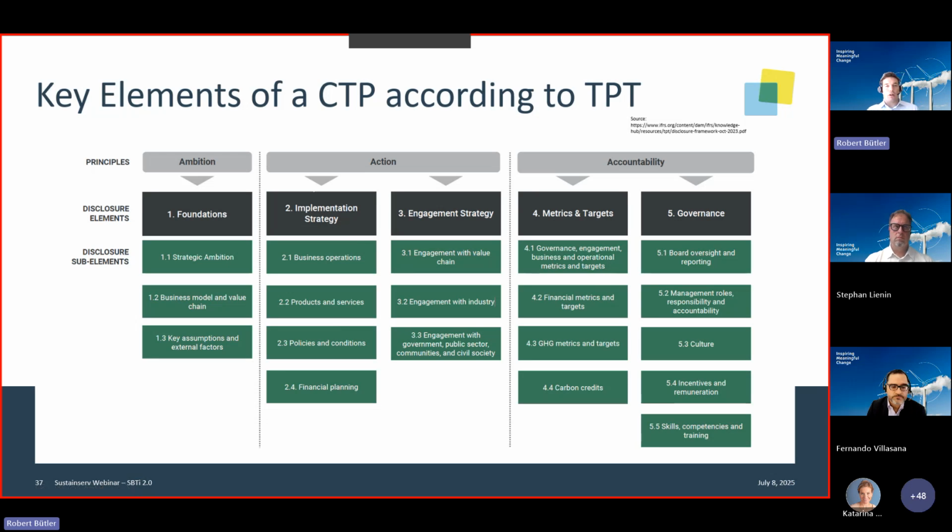So this is rather this hotspot analysis where you have this definition of measures in all areas that can be supported with a cost-benefit analysis, a stakeholder dialogue, a scenario analysis, as well as leading then up to the reduction potential and goals for each of these areas, meaning actions related to, for example, business operations, so production processes, changes in portfolio of products, and policies such as energy usage, but also considering financial planning, so capital expenditure projections aligned with climate goals and revenue projections from low carbon products and services, combined with the engagement along the value chain